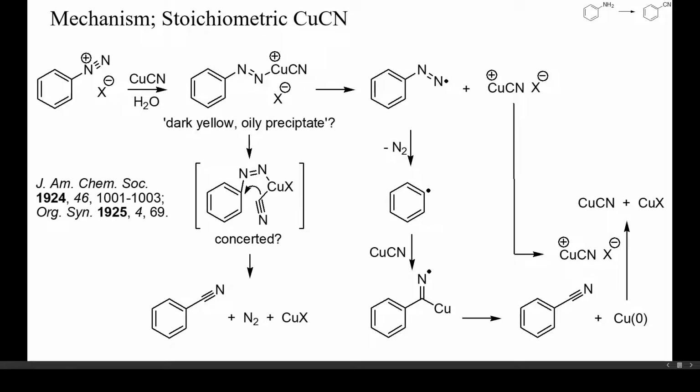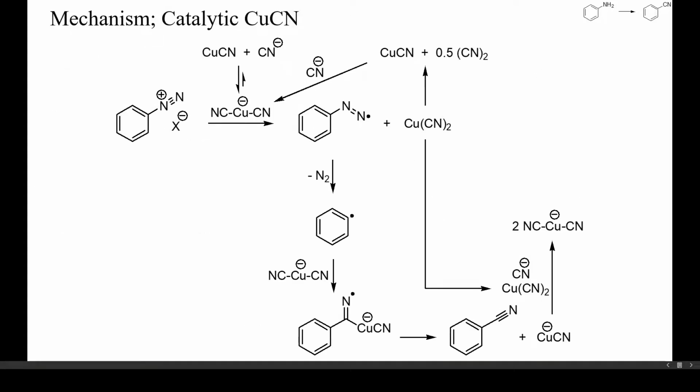One alternative mechanism could be an intramolecular, concerted aromatic substitution, as sketched here. For some copper-mediated reactions of diazonium salts, however, there is solid evidence of the formation of aryl radicals as intermediates. Some examples have also been reported of the use of only catalytic copper cyanide in combination with an excess of sodium or potassium cyanide to bring about this cyanation.